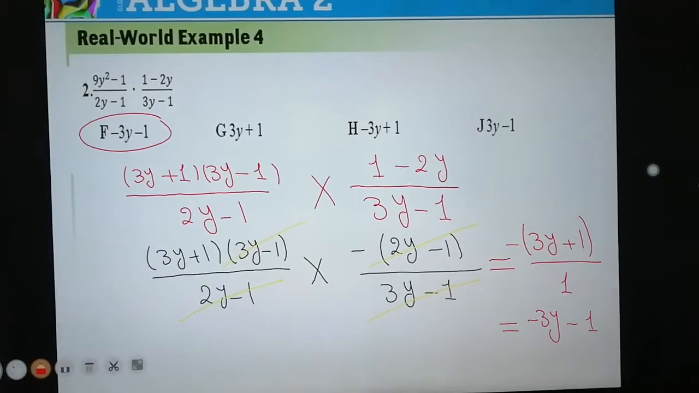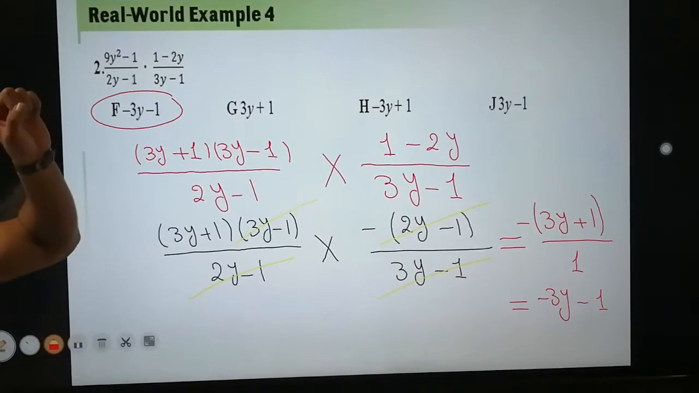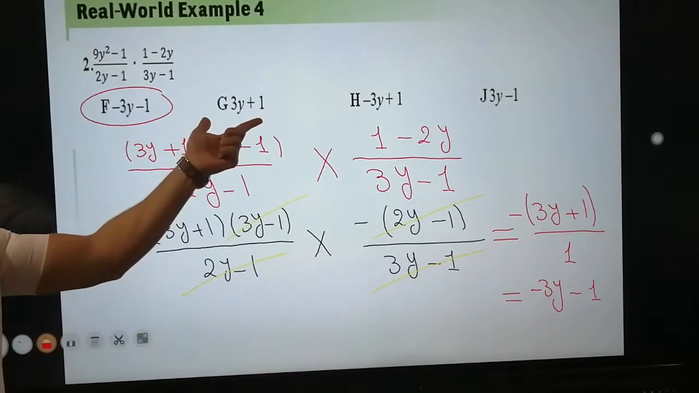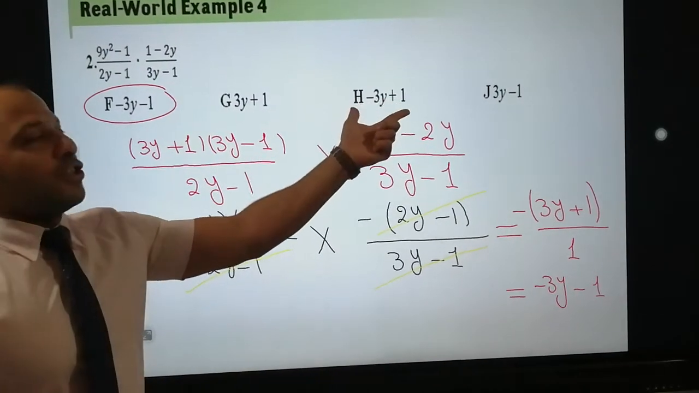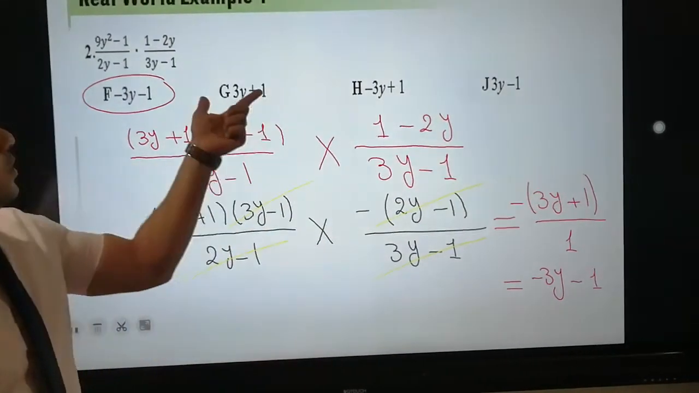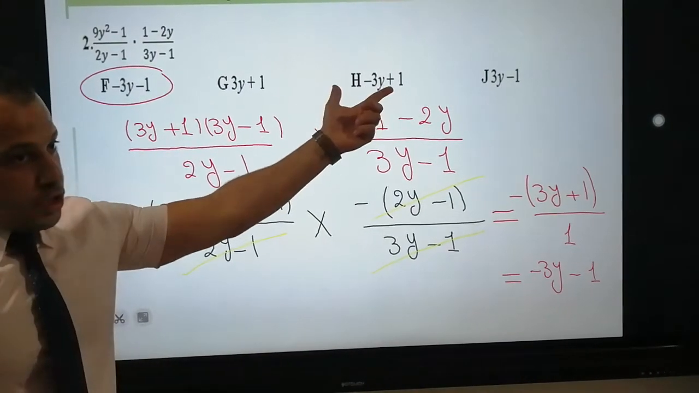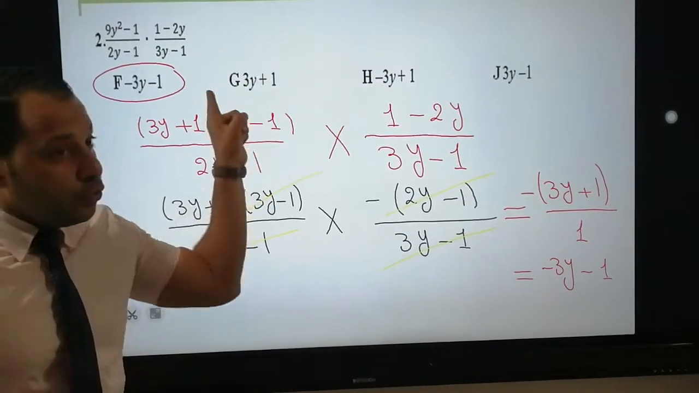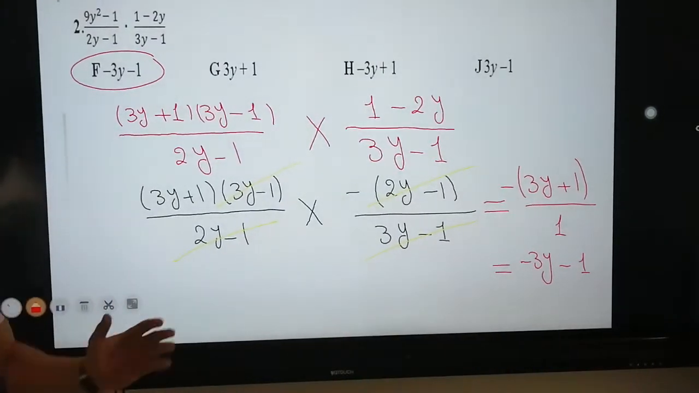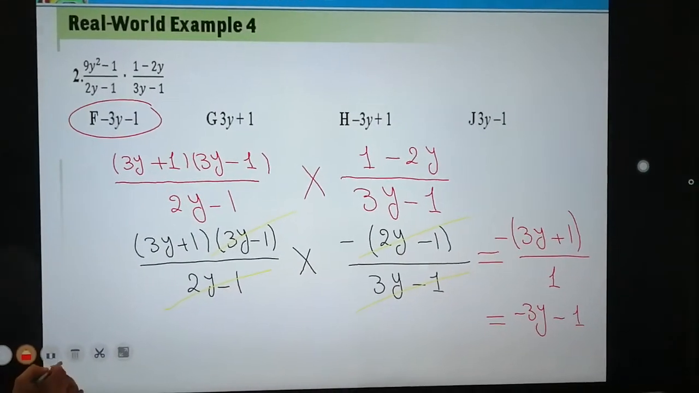Pay attention to these common mistakes. Small mistakes, but you have letter G and letter H. If you make the first error, you will choose letter G. The second error, you will choose letter H. So you have two answers that can make you confused between them. Okay, this is the right answer, letter F. Okay, we're going